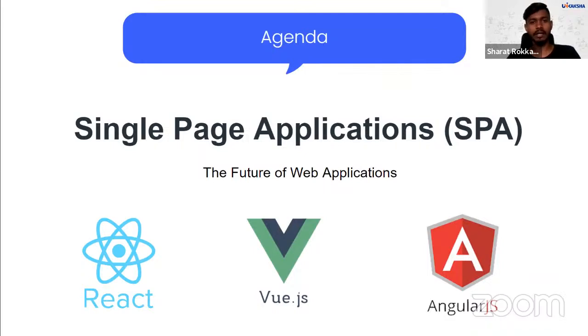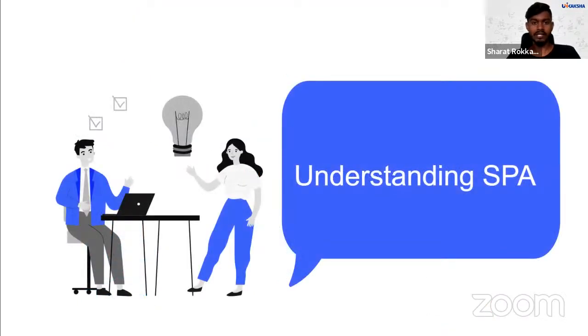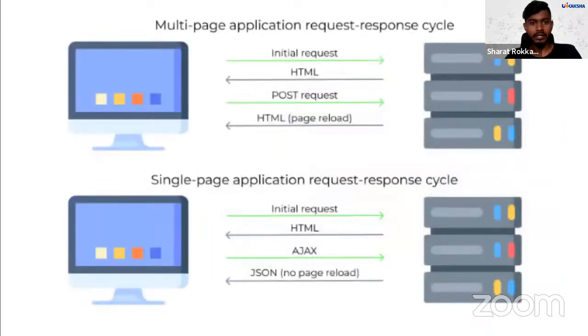In earlier times, we used to have multi-page applications. There are just two kinds of applications. One is multi-page application, the second is single page application. To better understand this, let us see a diagram. Each multi-page application has different layers, different pages attached to their websites. Whenever you click on something, the whole page reloads, whenever any user makes any interaction with the website.